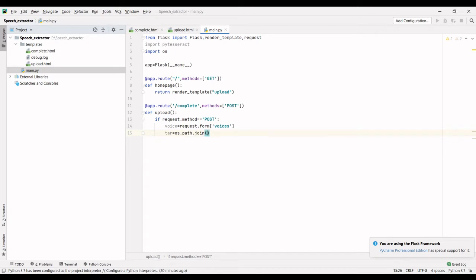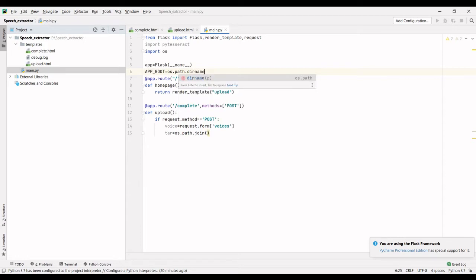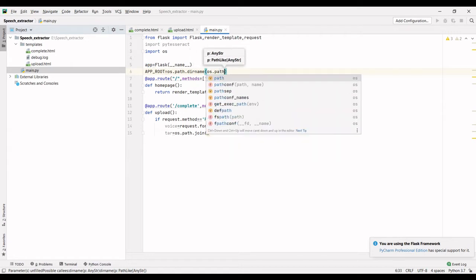In this, we have some parameters. For these parameters, I am making these variables, app underscore root. For that, we have to take some functions of the OS library. Say in this os.path.dirname, it converts our directory name into a string and returns it as a string. So in that, we have to get this absolute path. So for that, os.path dot